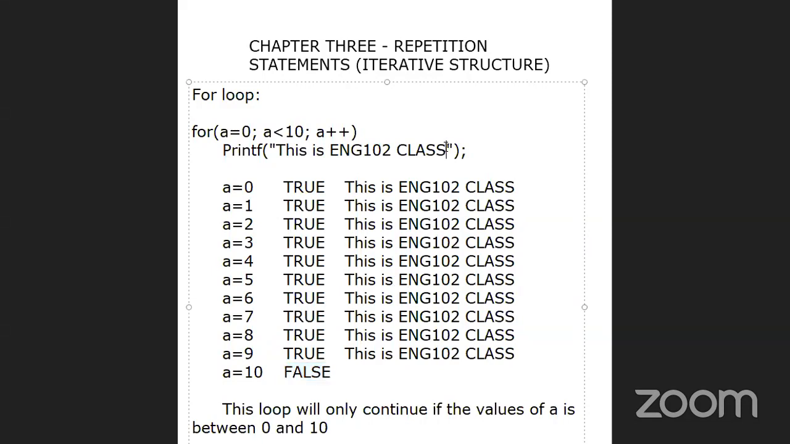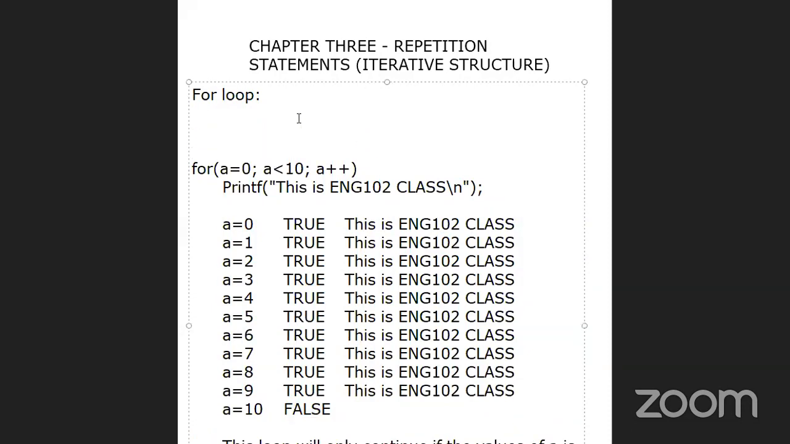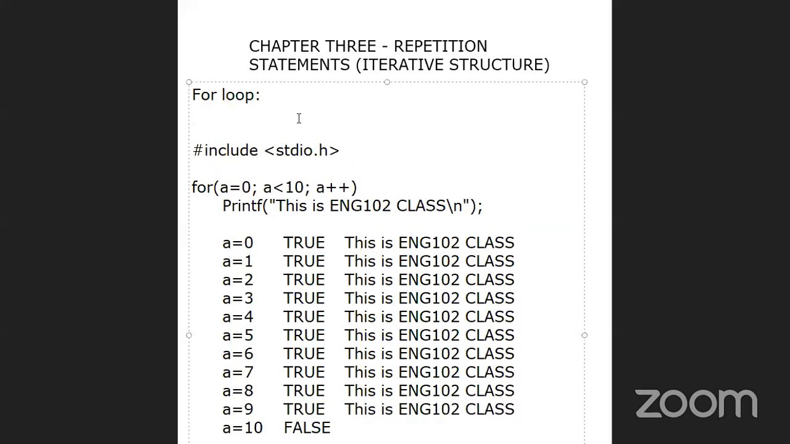So for this to happen like this, we need to put this on a new line. So that's going to be \n there. So each repetition has to happen on a separate line, so that's what we do there. So to complete this program, we should, of course, use this. And then we have